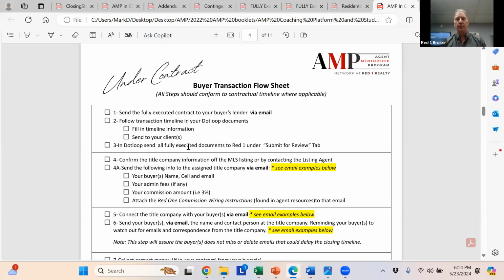If you want to send them your client's pre-qualification, there's no personal information on there. Do that too. Make it easy on yourself. That's step 3. Submit all your documents. And then,